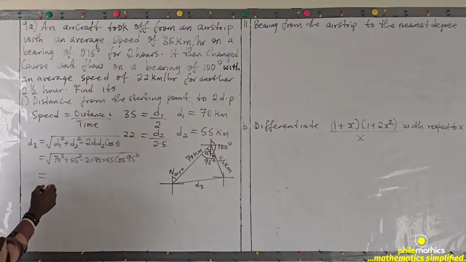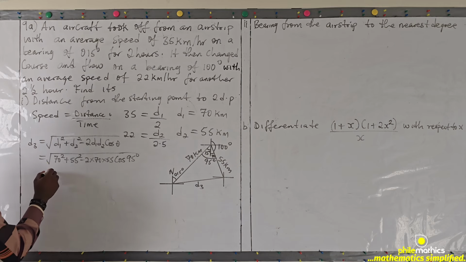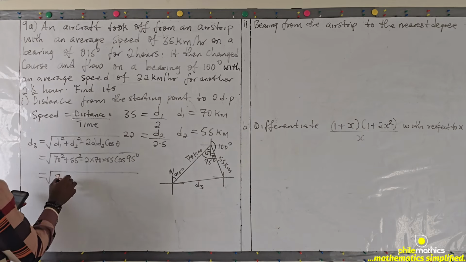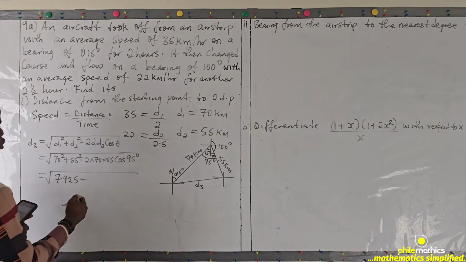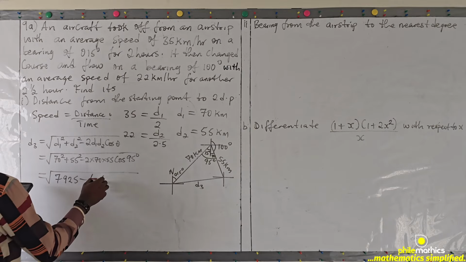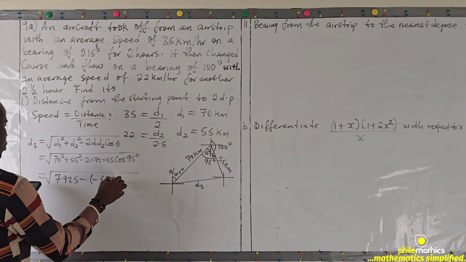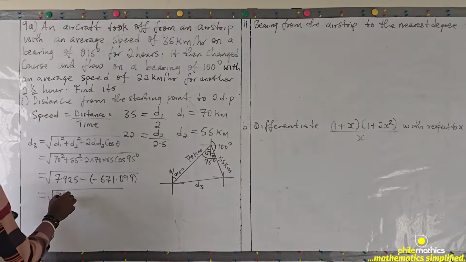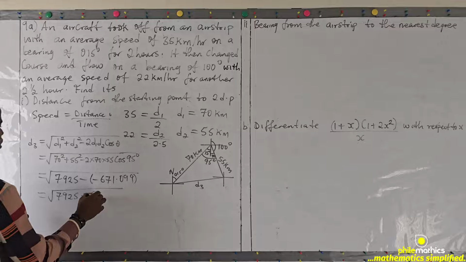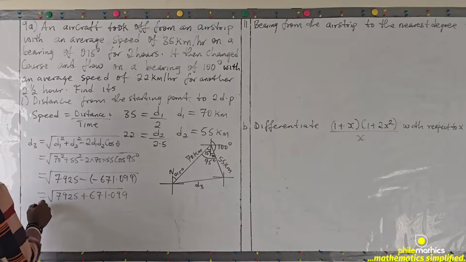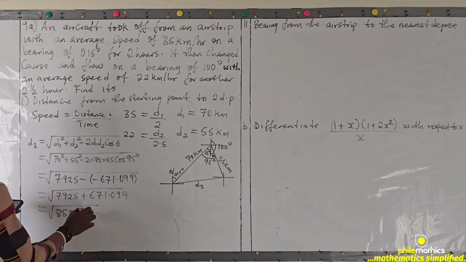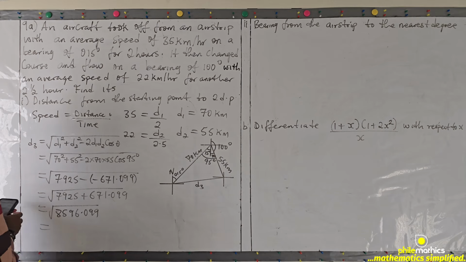And so if we take the square of this plus the square of this, we will get 7925. And if we subtract this product, we will get minus 671.099. If we add this, this will be 7925 plus 671.099. This is square root of 8596.099. And if we take square root, we have